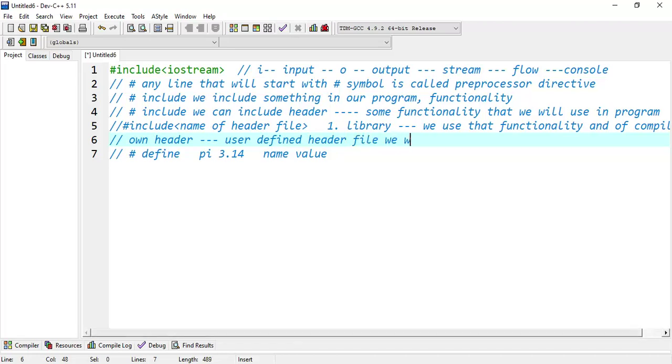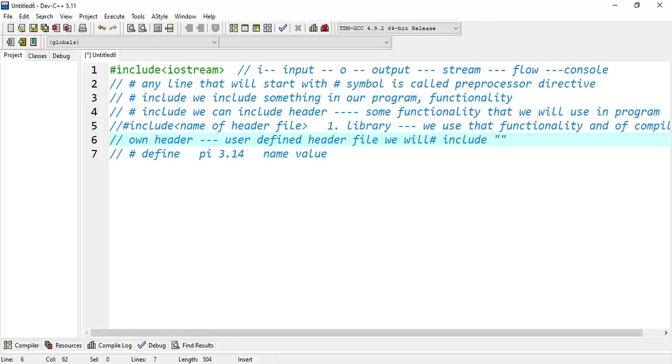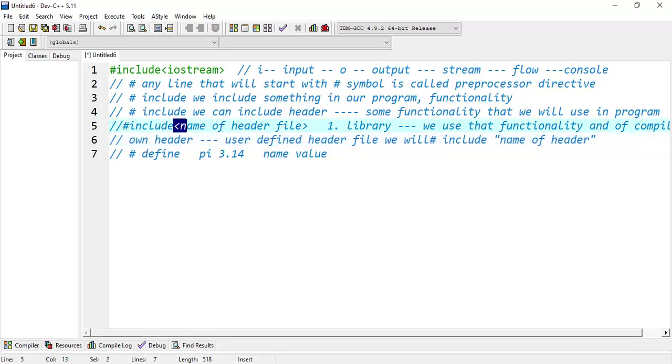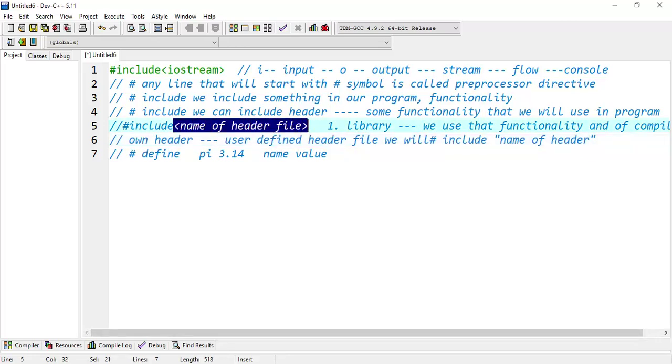We will use #include, and then we will write the name of the header file in double quotes. If the header file is written in angle braces, this means that the file is with the compiler and is a part of the compiler.